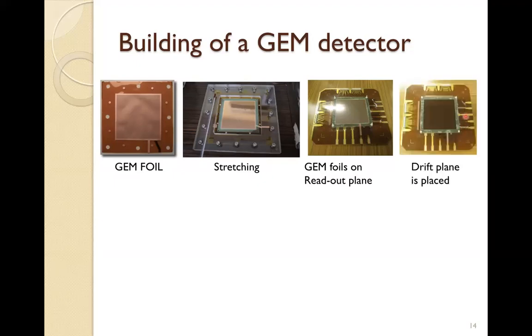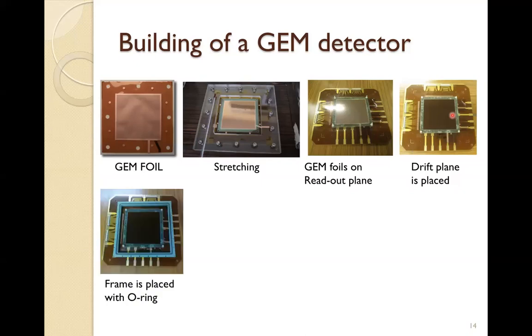Now on top of it, I have placed the drift plane. Drift plane is nothing but another plane, but there is no hole. Only on one side there is Kapton and on the other side there is copper. It is the same as a GEM foil, but there is no hole. I don't need holes because it is not used for amplification. This is only to give a nominal voltage and to make the drift gap, so that there is a small voltage and you can drift the primary electrons towards the